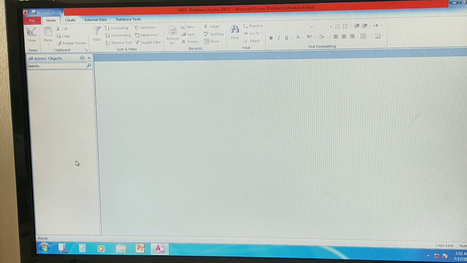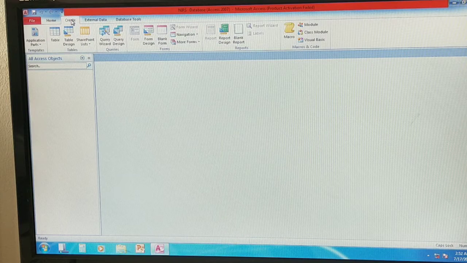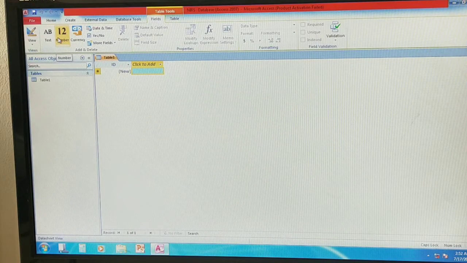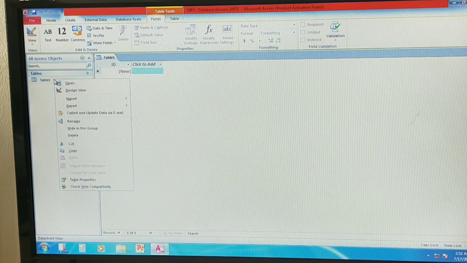Now I want to create a new table called the student table. For that, click on the Create tab, then click on the Tables group. In the Tables group you have an option called Table. Click on Table, and the table is created with the name Table 1. Now you can rename it.